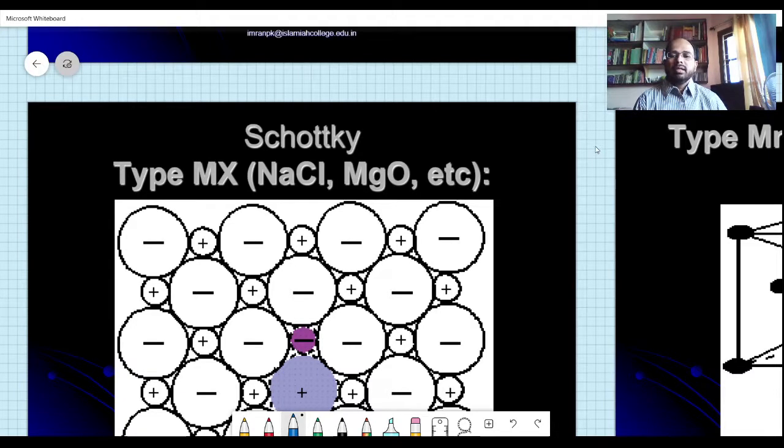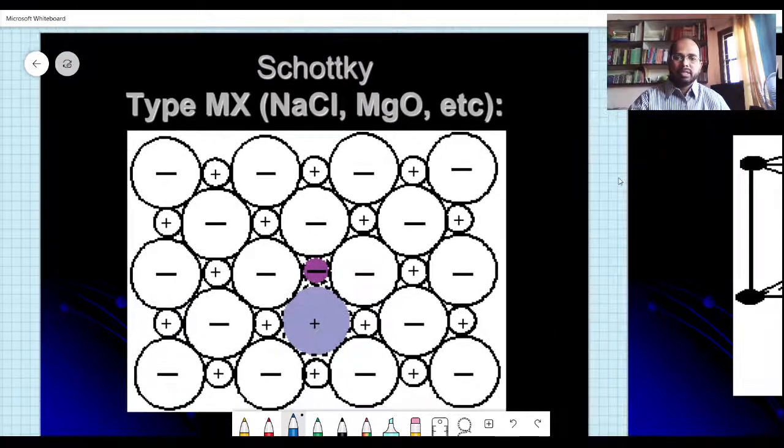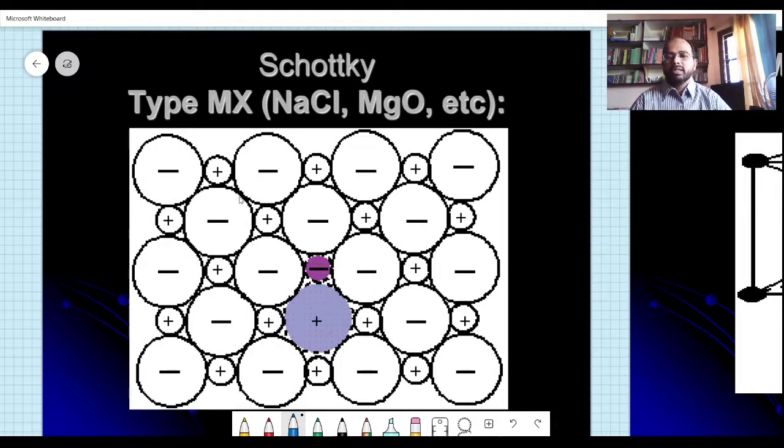They're missing, but in the Schottky defect you have the type. You can see NaCl, MX type, or sometimes they call it the AB type. Minus and plus, chlorine is very large and sodium is very small. So you can see that a large plus is coming, occupying this particular space, in the place of a small one, and there is another foreign body there with minus. So this neutrality is destroyed.